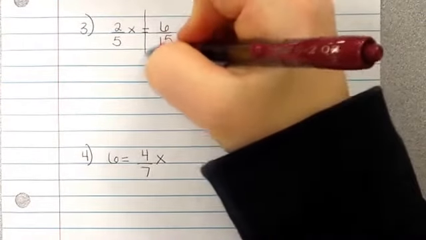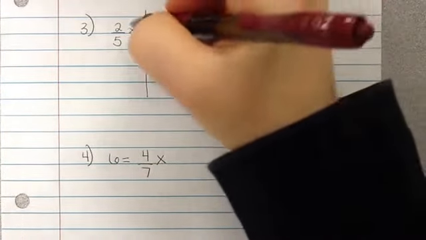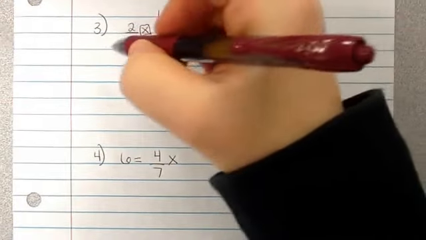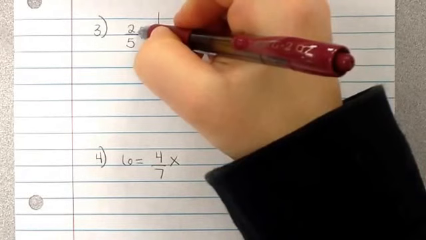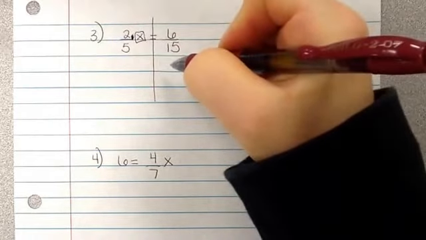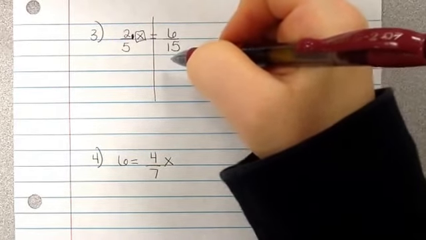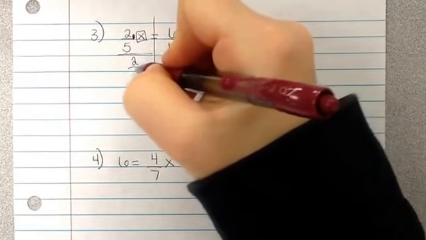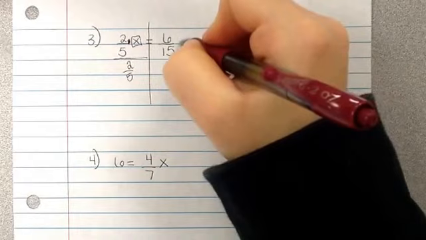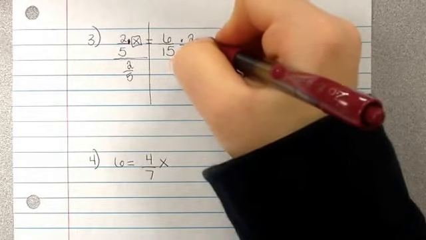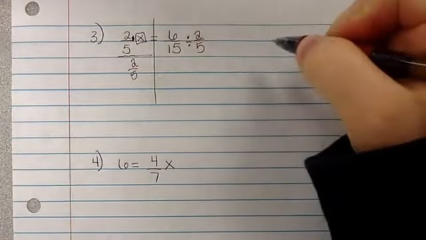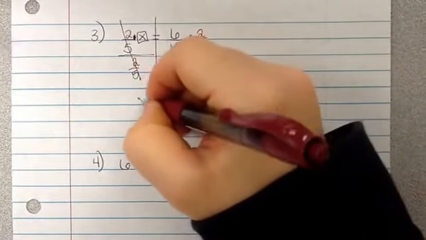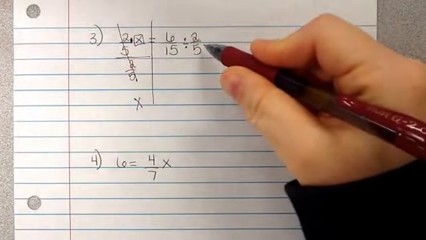So again, I'm balancing. Here's my variable. What is attached with the variable? A 2/5 and a secret times. How do I get rid of a times 2/5? Divide by 2/5. What happens with these 2/5? Cancel. Dividing fractions